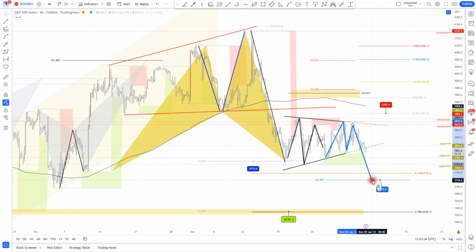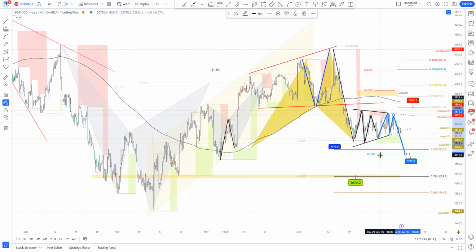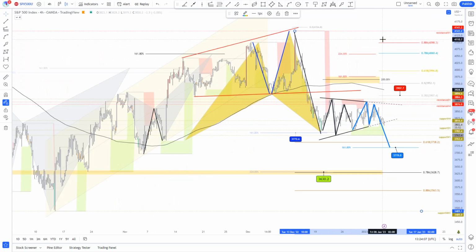I have a pattern projected. I projected this one yesterday, I believe. I identified the possibility to form this scrap pattern at 37.19. So this is the golden Fibonacci of the last swing high projected below. So this is a lower or a minor bullish scrap pattern projected right below the golden Fibonacci retracement. So let's see how the price will react at this price zone. So bearish flag pattern calling for more downside, and I see the SPX 500 now breaking this structure